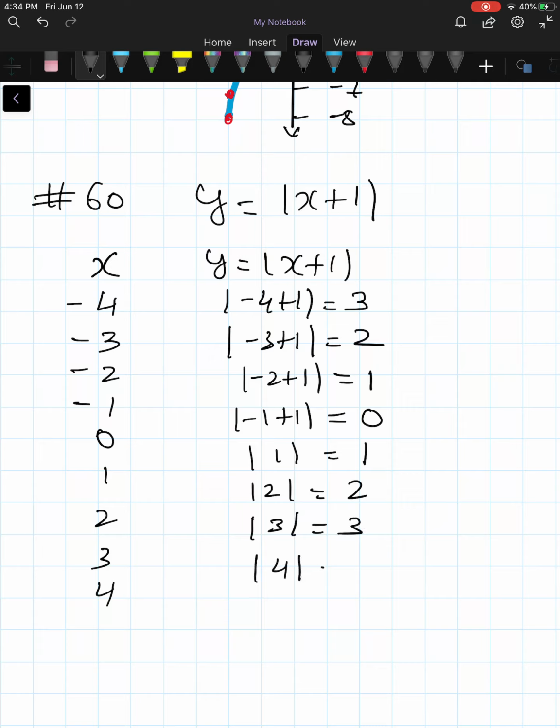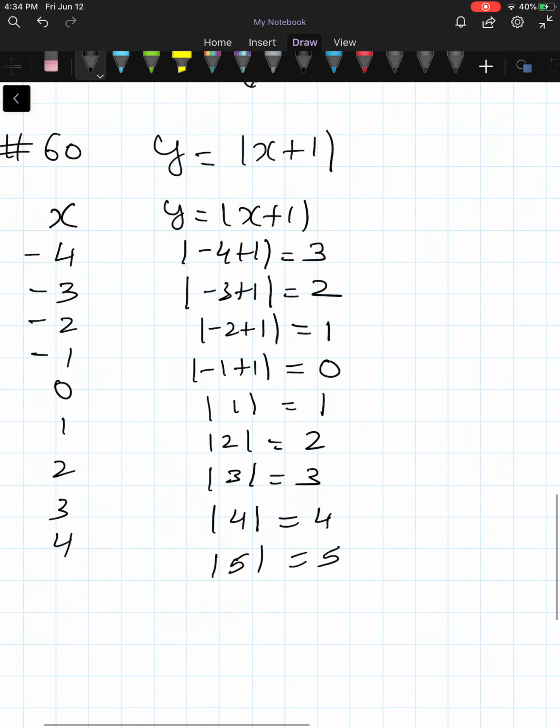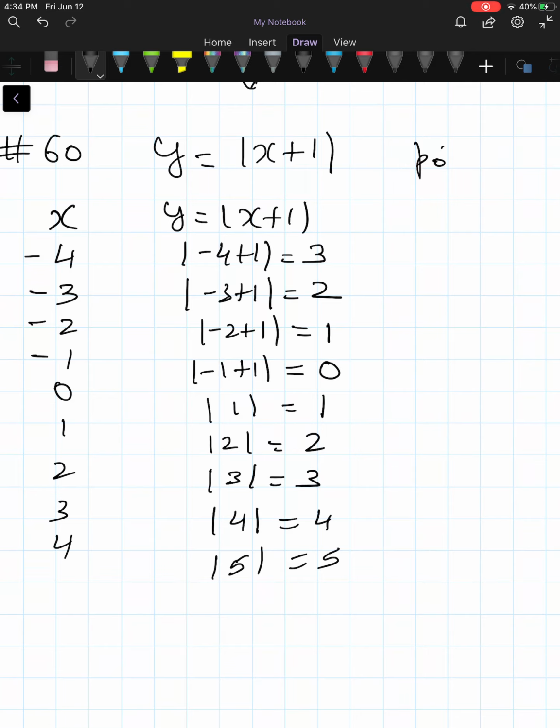If you have x is equal to 3, absolute value of 4 is 4 itself, and if x is equal to 4, absolute value of 5 will be 5. So what are all the points that you get? Points are